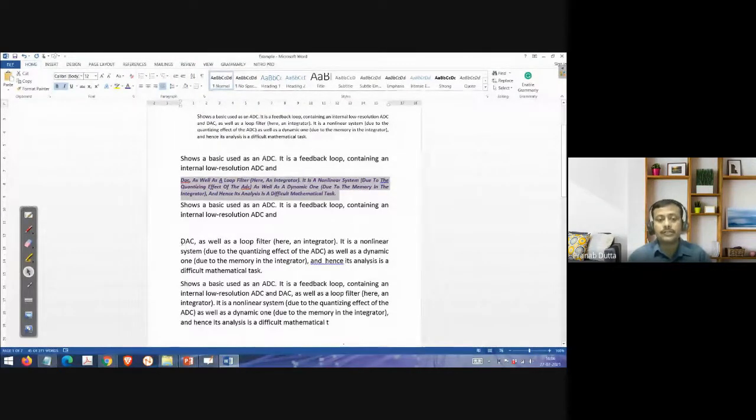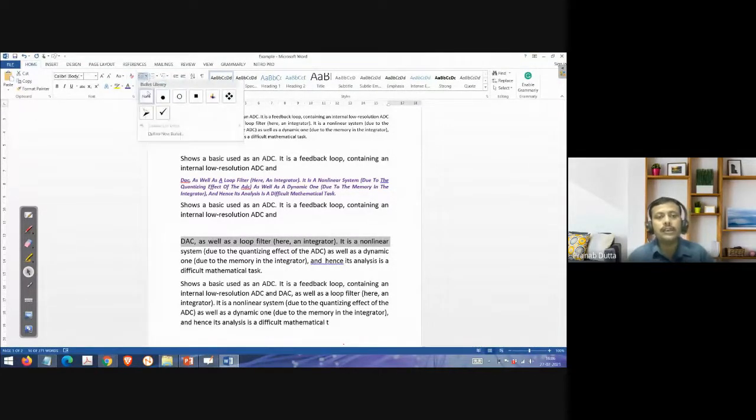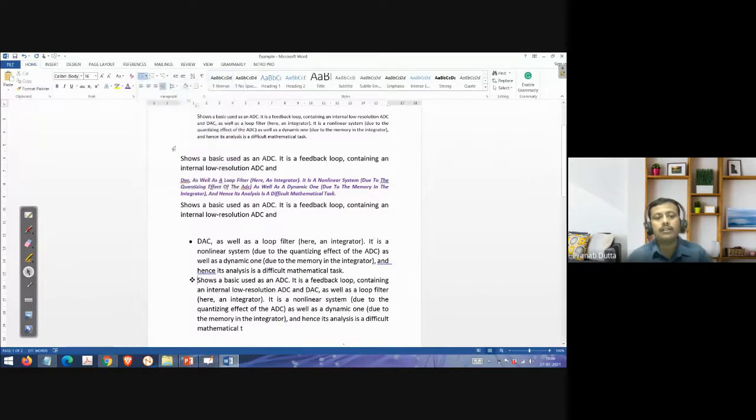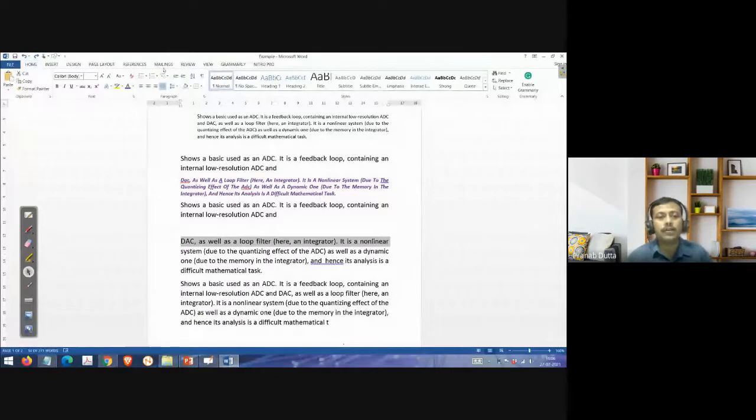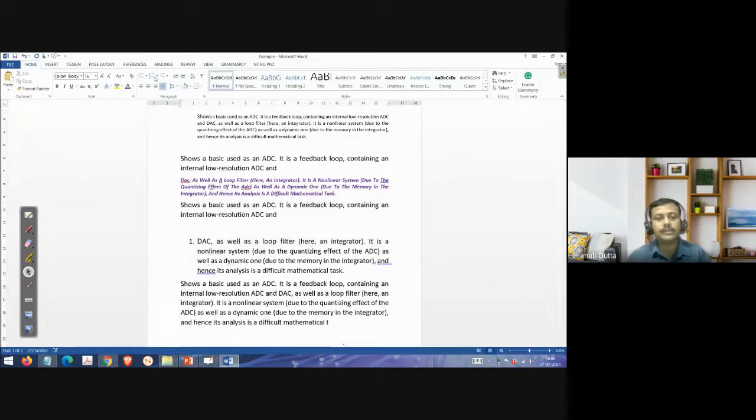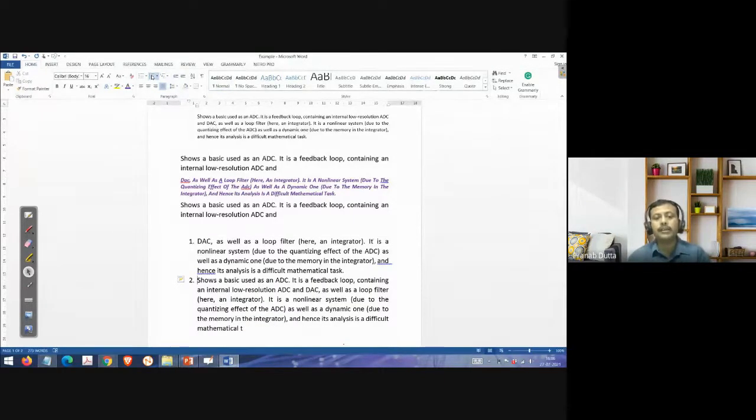Next is how you are going to go for bulleting. Suppose I want to bullet this, that is 1, 2, 3, 4, like this. There are different ways I can bullet it. If you see, this bulleting I can do, and if I go for this one, I can put different bulleting. Another way I can do it here is numbering. This is 1, and if I select it now here, it becomes 2. Automatically I can make the numbering. That is another way.